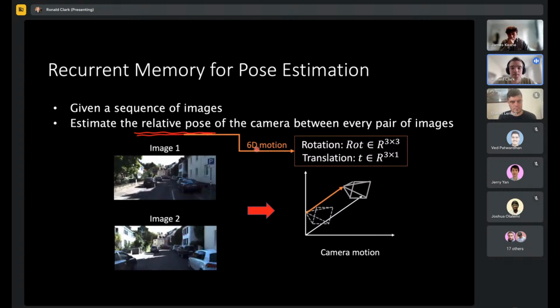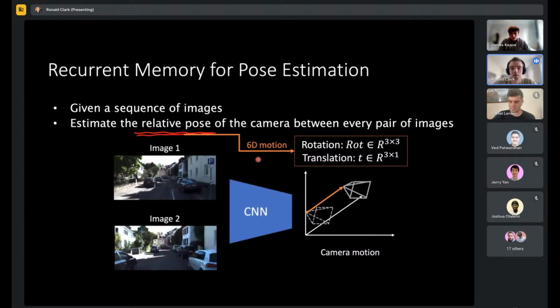In a traditional sense, and I'll show you some examples of failure cases later, you would do this with a whole pipeline that involves feature extraction, feature matching across the images, and then doing a geometric estimation of the motion. But the thing is that this isn't really robust, so it tends to fail quite a lot. And then you also can't estimate the scale. So if you use a completely geometric approach, or completely traditional approach for this visual odometry, you can't estimate the scale, and there's quite a lot of failures. So what we did in this case was,